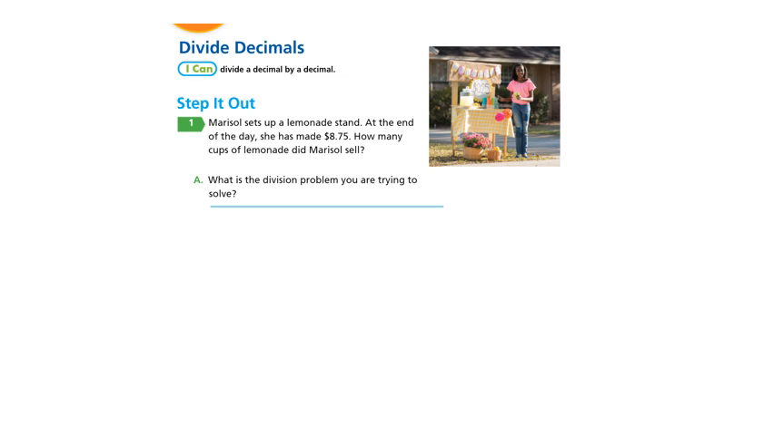Estimating is still going to be really important, as is thinking about the situation. I'm going to read this first problem. Marisol sets up a lemonade stand. At the end of the day, she has made $8.75. How many cups of lemonade did she sell? Well, I'm noticing over here that each cup costs,